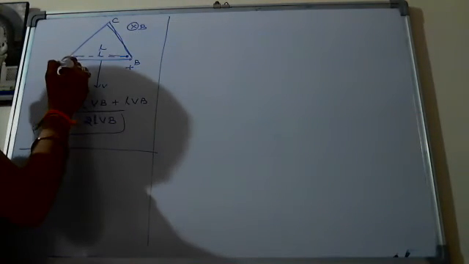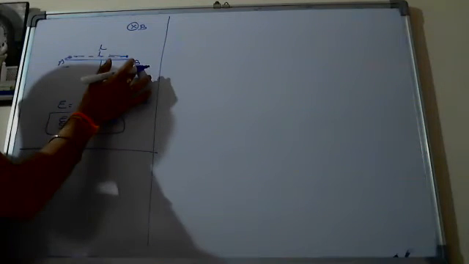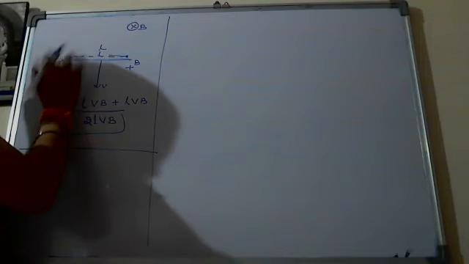Then you have to find out, first of all, since it is closed: if it is open, then no current will flow through A to between A and B. But it is closed, Nana. That's why in this closed part, current flows. All sides are equal. Consider their resistances as R and R.